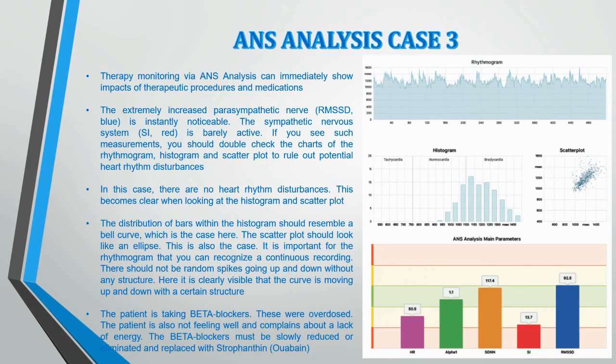It is also important for the arrhythmogram that you can recognize a continuous recording, and there should be no random spikes going up and down without any structure. And here we can clearly see that the curve is moving up and down with a certain structure, which is good. This patient is probably taking beta blockers, and those have been overdosed, and the patient is also not feeling well, complains about a lack of energy, and beta blockers should be slowly reduced or eliminated altogether and replaced with a natural, much more side effect free medication such as Strophanthin or Ouabain,